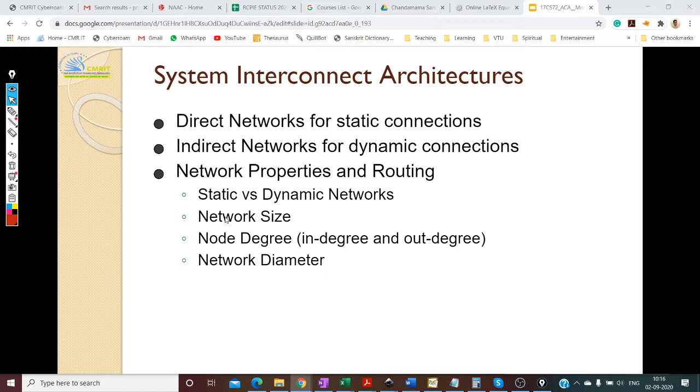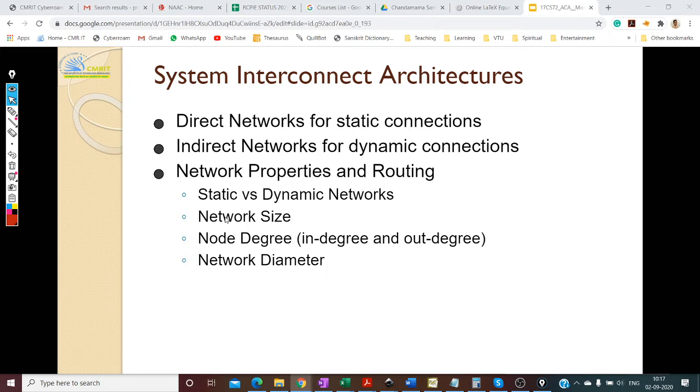All right. So network diameter is actually the maximum shortest distance. Okay, it's actually very funny to say this. It's the shortest distance between any two nodes, right? So you take all the shortest distances between any two nodes, and then you calculate the maximum of that.